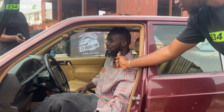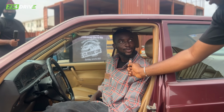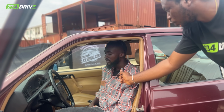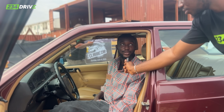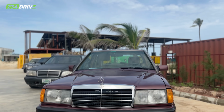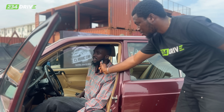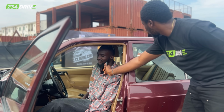So we did some little job on it. Does it run well? Yes, bro. Do you guys drive it every day? Yeah, we drive it. Very reliable. What do you like the most about the car? The stability. On the road, right? Yes, on the road. If this car is doing, let's say, 120 miles per hour, the stability is still there. When you are going on the bend and everything, it's balanced. It even competes with a modern car. Does it consume a lot of...